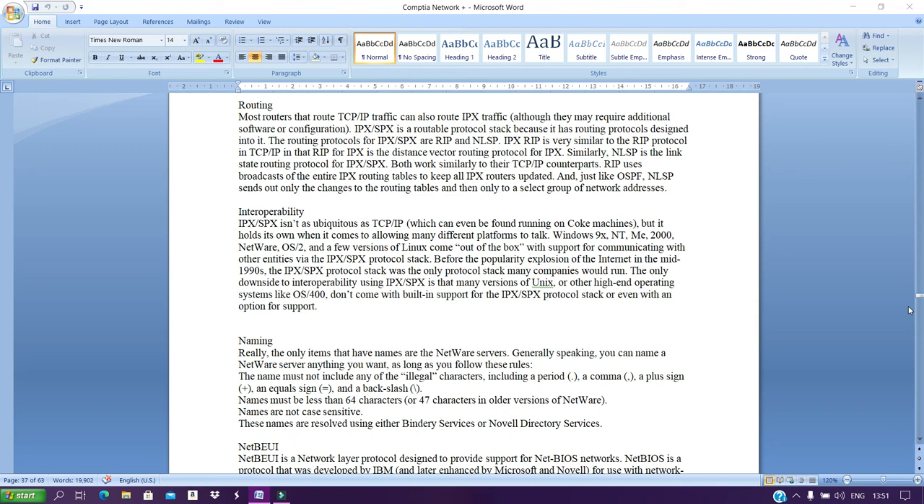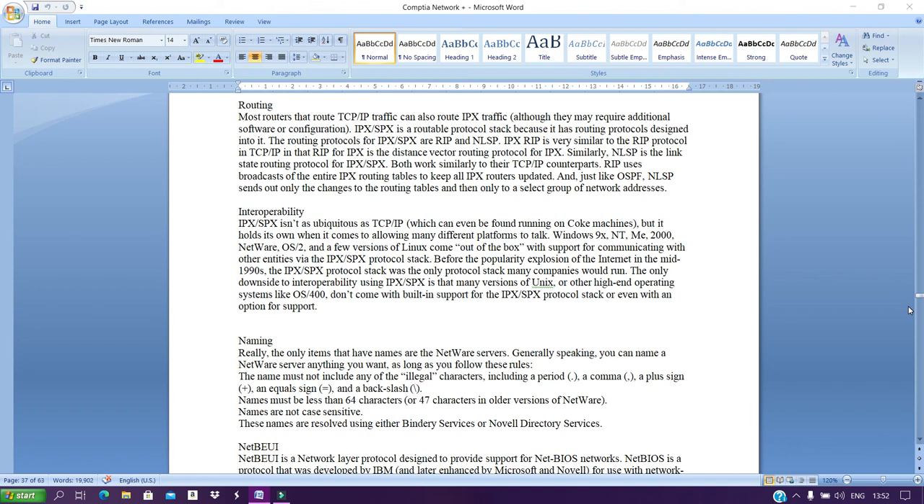Routing. Most routers that route TCP/IP traffic can also route IPX traffic, although they require additional software or configuration. IPX/SPX is a routable protocol stack because of the routing protocols designed into it. The routing protocols for IPX/SPX are RIP and NLSP. IPX RIP is very similar to the RIP protocol in TCP/IP in that RIP for IPX is a